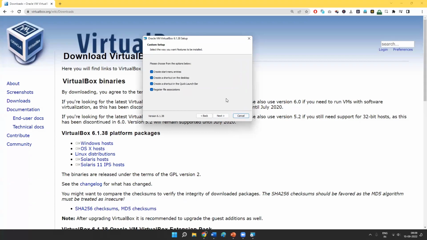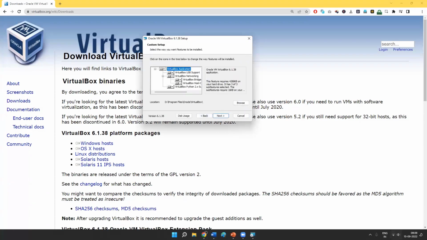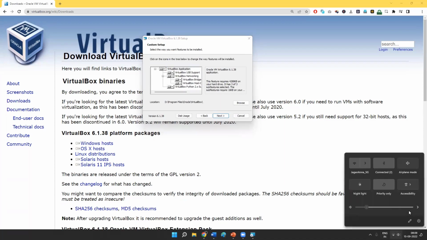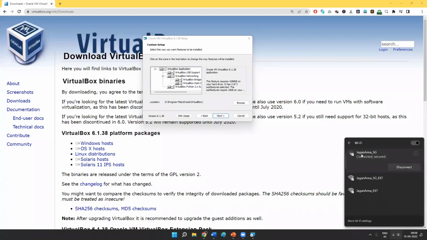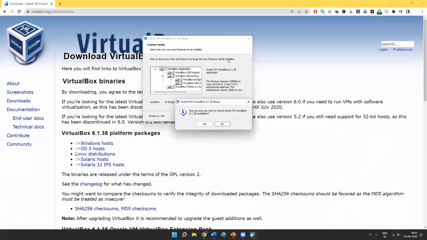I'm not going to do that because it's going to reset your network. For me, this is my Wi-Fi network, right? Similarly, you'll have a local network or Wi-Fi network. VirtualBox will go ahead and create a virtual network card based on the network card that we already have. Once that's done,